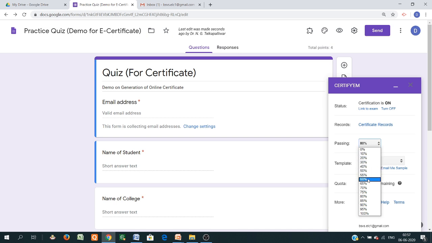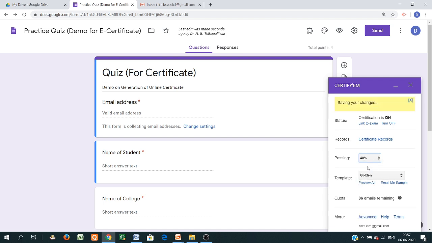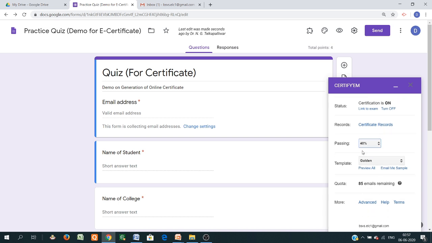Suppose you want to give the certificate to all participants who take part in the quiz, just click on 0%, so whether a student passes with 10%, fails or passes, they will receive the certificate. So I'm just clicking 40% here. As per your requirement, you can change it to 60%, 70%.